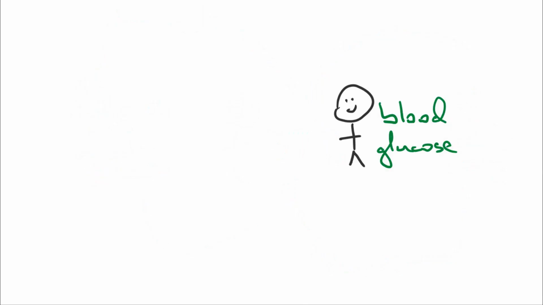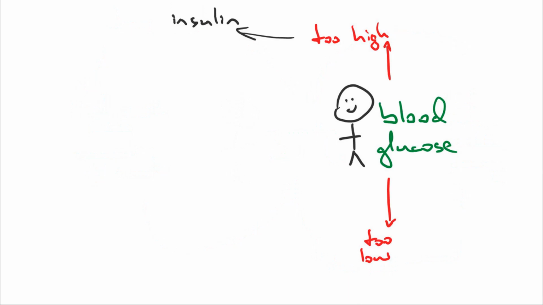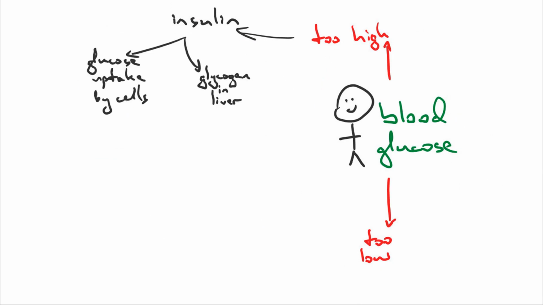Another example that often comes up is that of blood glucose level. Now, you need a certain amount of glucose in the blood, but you could have high blood glucose or low blood glucose. Let's look at the high condition first. Well, insulin is released from the beta cells of the pancreas. Insulin is a hormone that triggers cells to take up glucose. It allows the glucose to pass through the cell membrane of cells so that it can be then used in